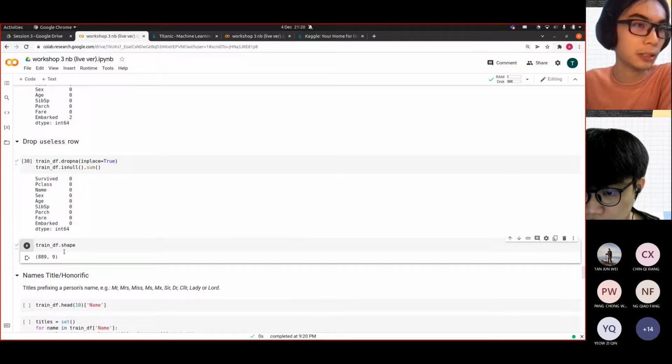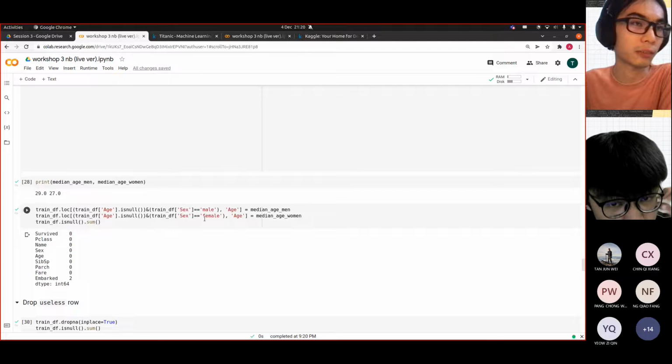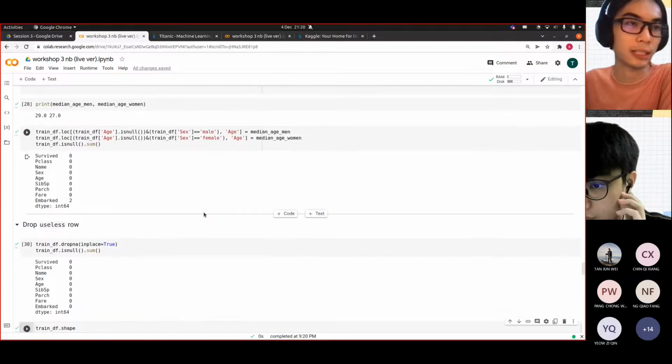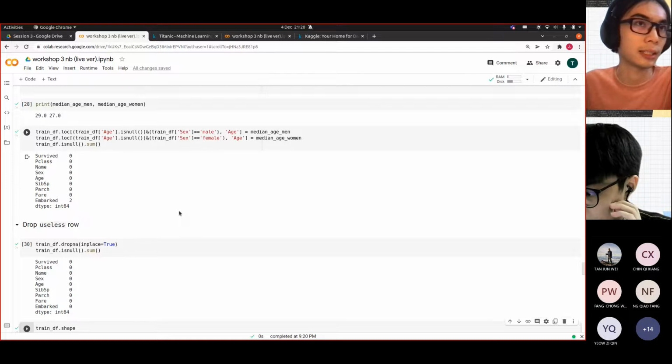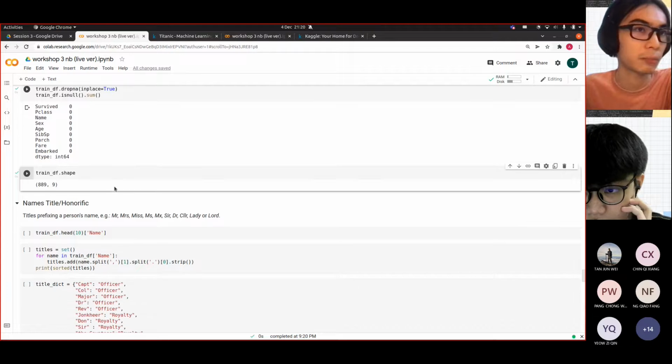So our shape, currently we have 889 rows. Okay, so this is the first part of cleaning. What we have done is we dropped the columns, the rows, and then we filled in the null values. Yeah. So next,